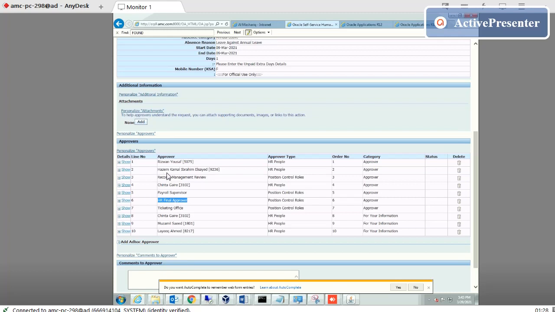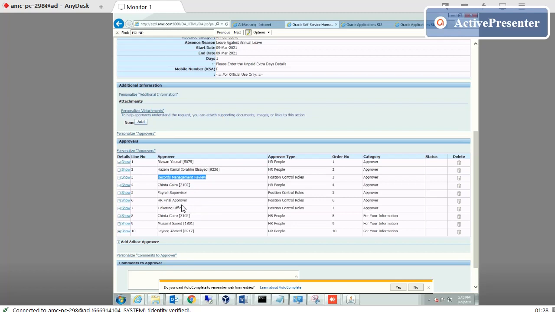Okay. So first of all, my supervisor and again his supervisor. At least two supervisors have to approve this one. After that, it will go to the record department. There they will check my data, and after that it will go to our passport department, and after that to the payroll department.